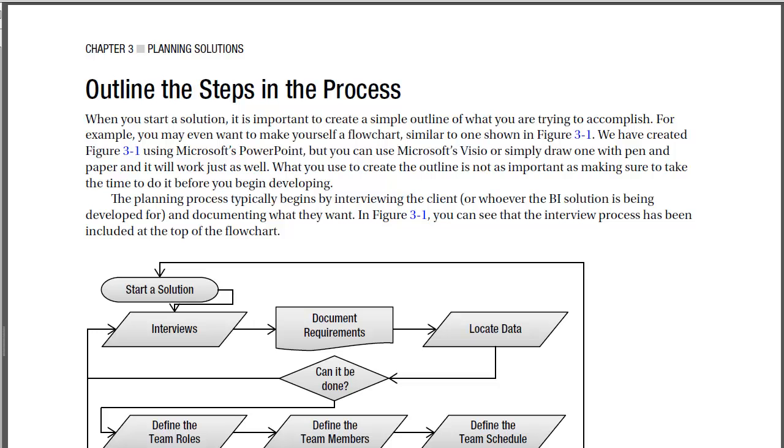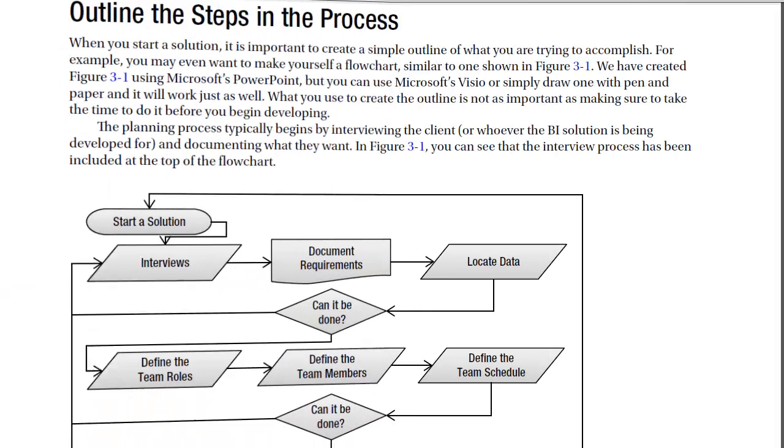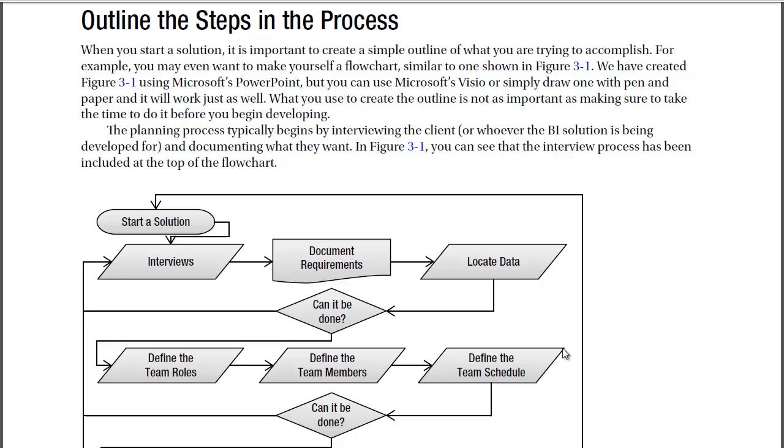You want to make sure that it's available to you. If the data is available, you've created documentation that outlines what they want, you see how they worked with their current system, you've talked to them, then it's time to move on to the next level, which